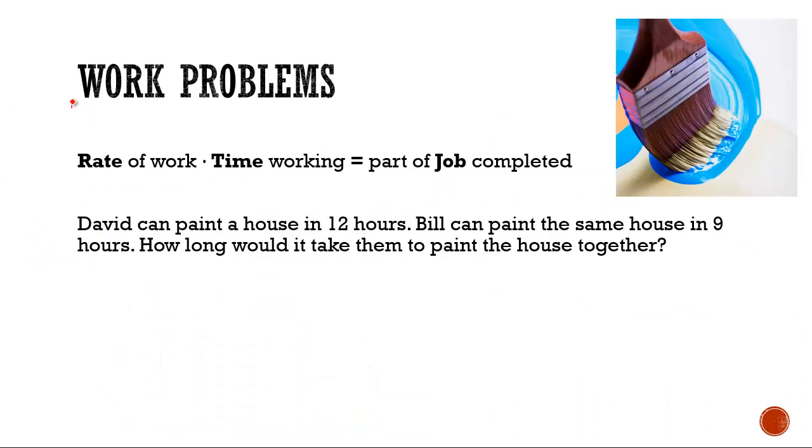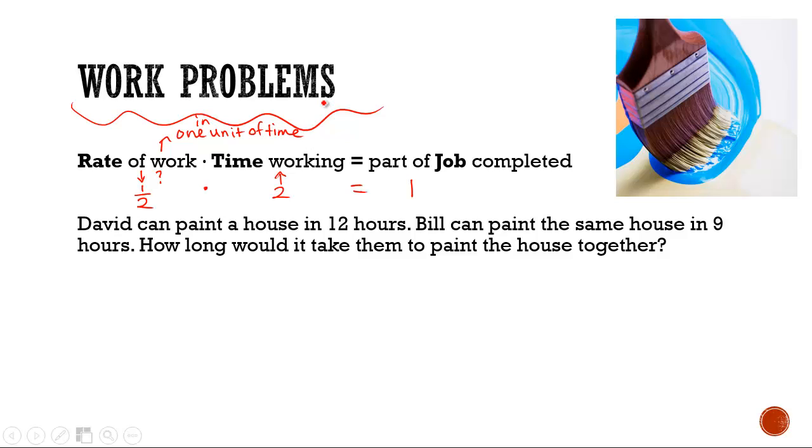You could also have work problems. Now, work problems involve completing a task. So let's just talk about this a little bit. Say you were painting a wall. Maybe you can paint the wall in 2 hours. Well, if you work for 2 hours to complete one whole job, what would your rate of work have to be? Well, the rate of work would have to be 1/2, because in 1 unit of time, you have completed